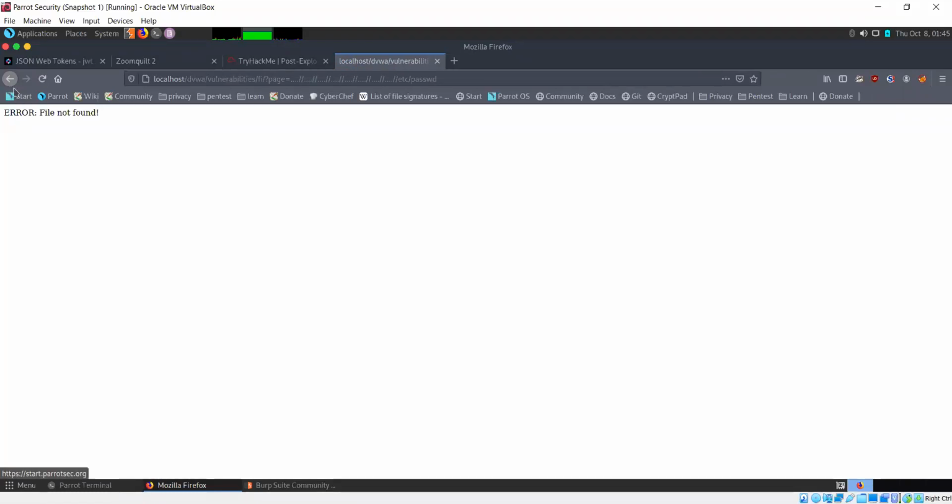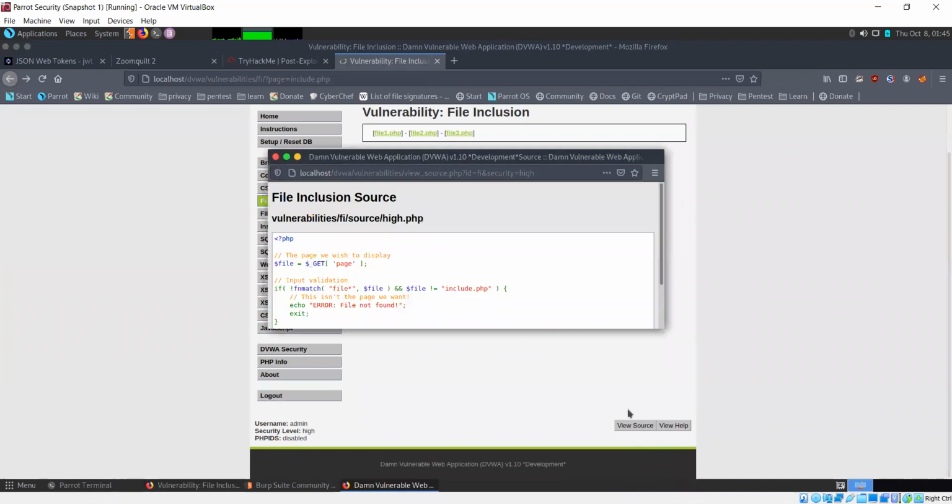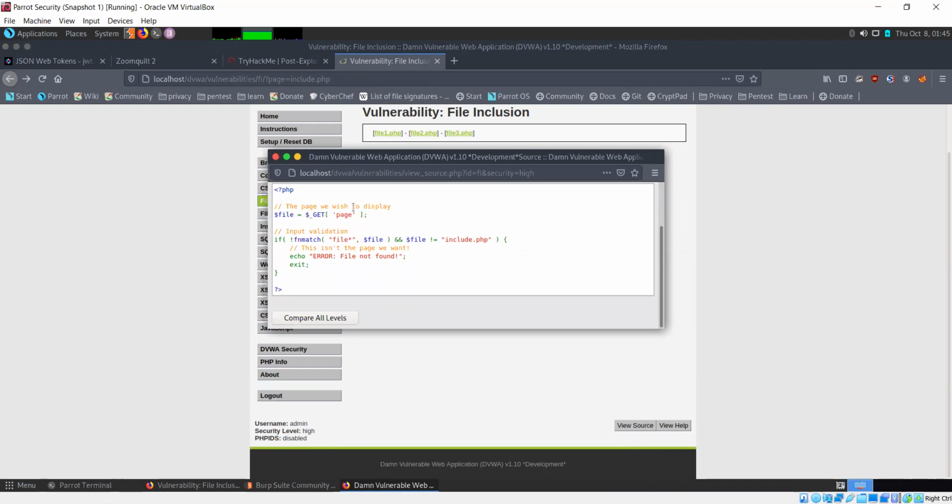So we get an error in this case that file is not found. Let's see what's happening now. So now they have simply added a check which says that if the input that you have entered does not match this file,